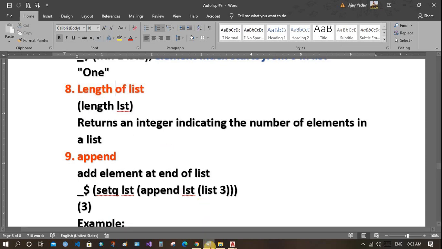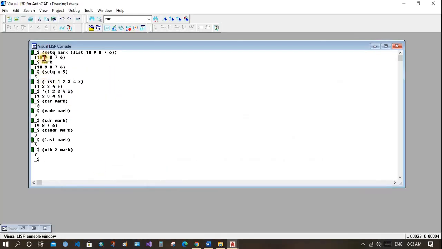Now length of list. There are 5 members, then you will get answer 5.